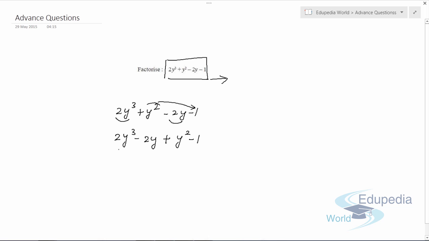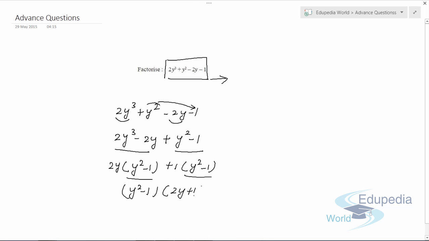Then we can make pairs, and again take common out. What will be the common part here? It will be 2y, so we get y square minus 1. Nothing is common over here, so we take 1 as common. So we get y square minus 1. Again we have y square minus 1 as a common part, so what we'll get is y square minus 1 into